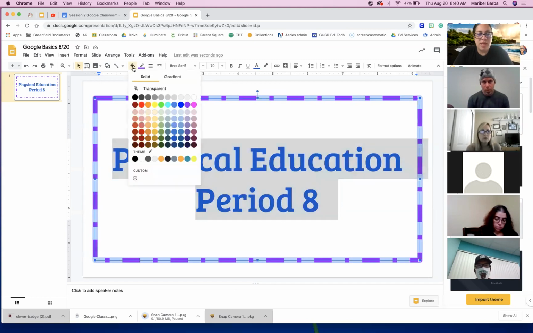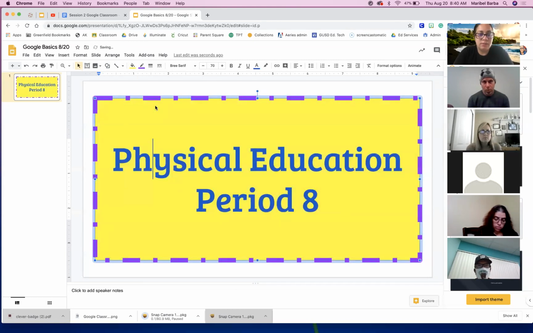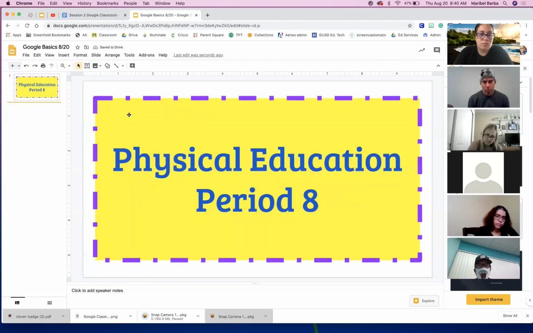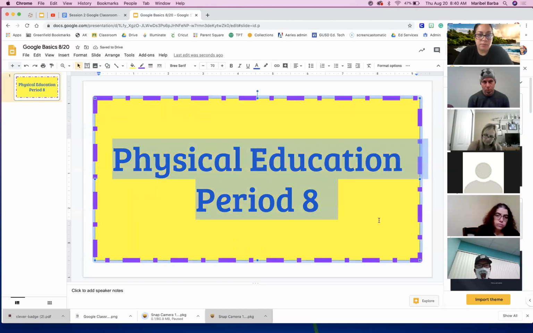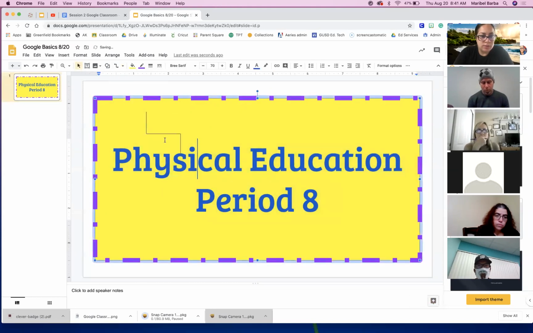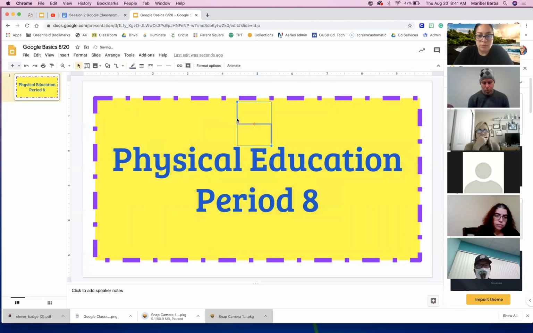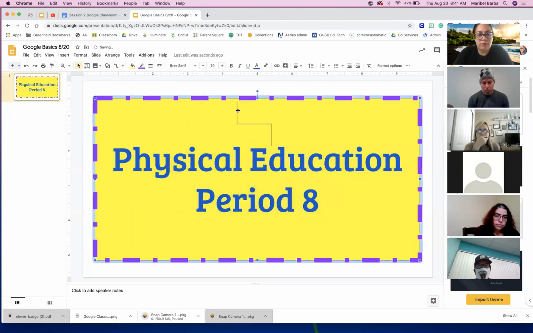Now, if I go to the paint bucket, I'm filling in the background. Very basic stuff here. I can also add different lines, arrows. I believe elbow connector. Yep. So it just does like a perfect little drawing for you of that line. There's one of them, maybe it's polyline, where you just